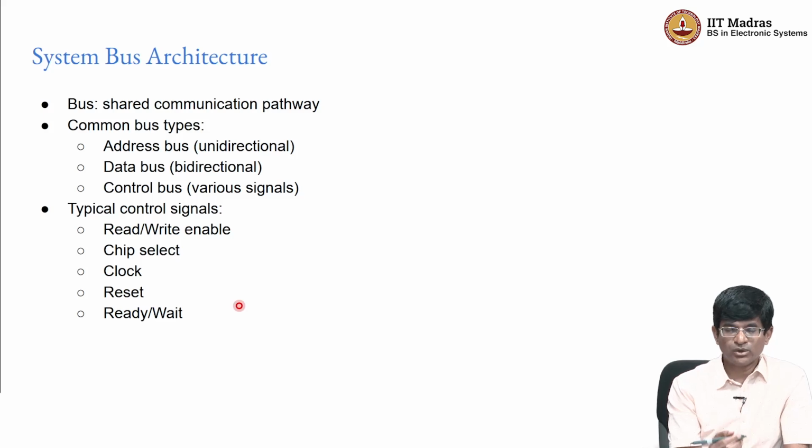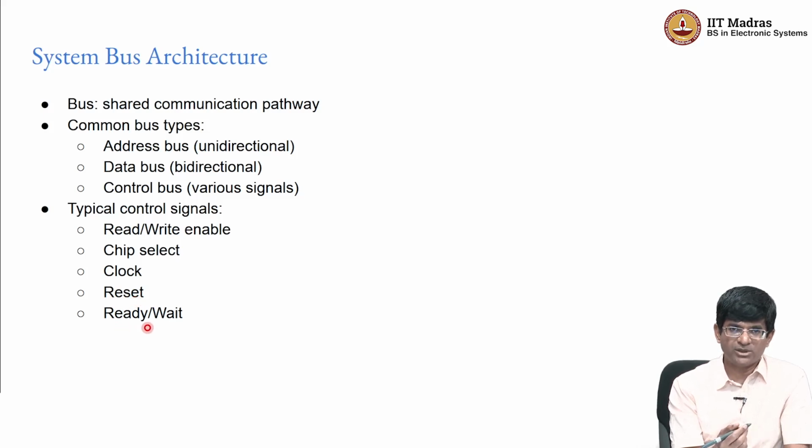And obviously by looking at it, you can see that it's quite possible for somebody to come up with one set of signals where we decide that maybe rather than having a separate read and write enable, I'll just use a single enable signal and say that if it's 0 it's read, if it's 1 it's write. Maybe I have some other thing for a chip select. Maybe I can have a clock which runs at a different speed than what the CPU is using. Do I need to use an active high or active low reset? Do I even need a reset at all? Should it be synchronous? Do I need extra signals for ready wait?